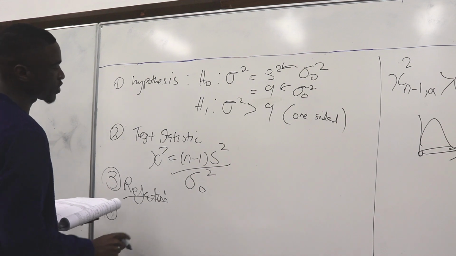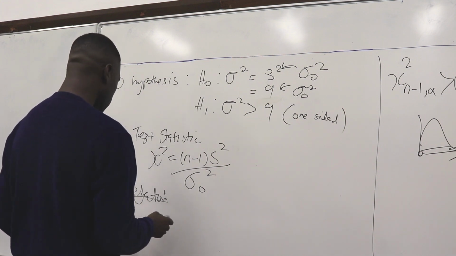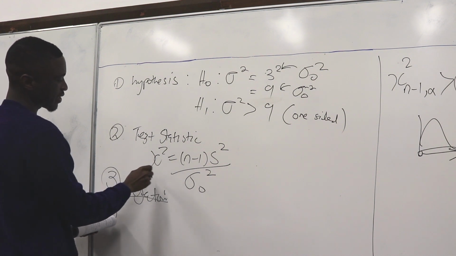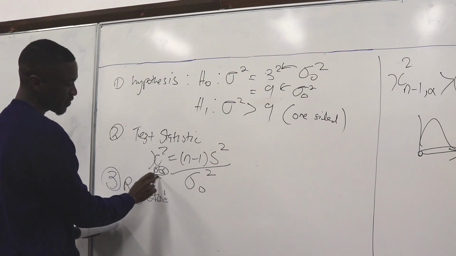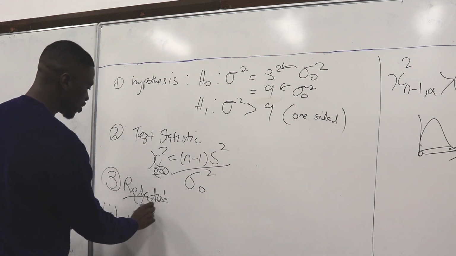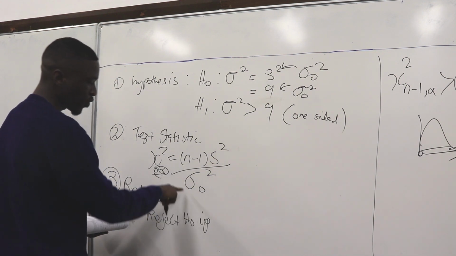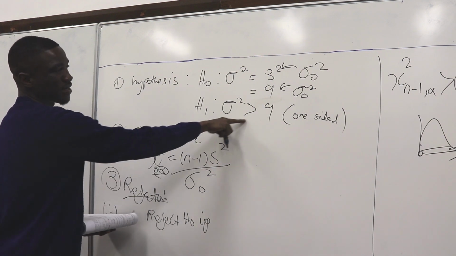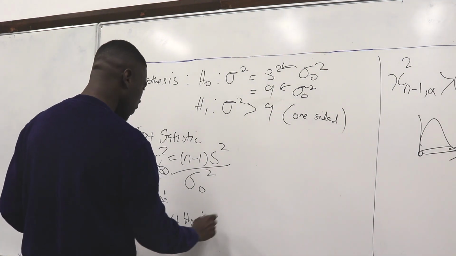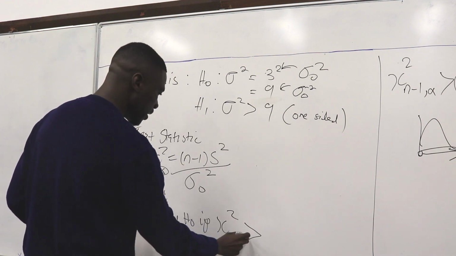which is where we put bounds where we are able to reject H naught. So if you look here, we're going to observe a number. This chi-squared on the test statistic is actually just chi-squared observed. It's what we are observing. So our rejection region is: we're going to reject H naught if what we observed here is indeed greater than our critical value. So we're going to reject if chi-squared observed, which is the test statistic that we're going to use here, is greater